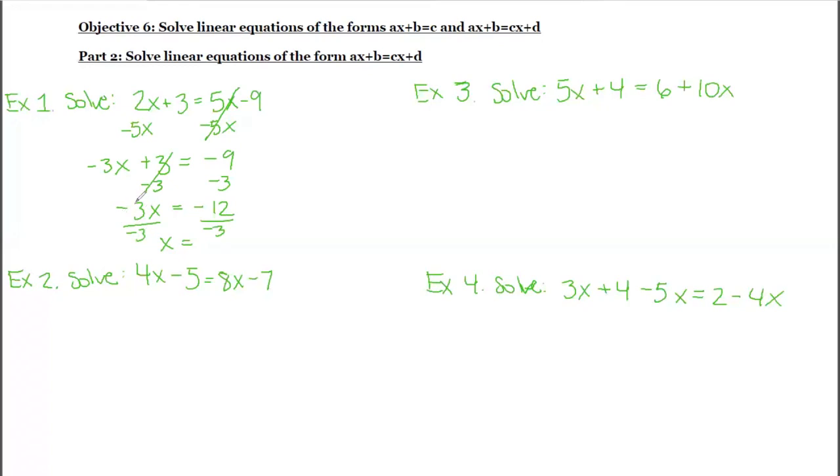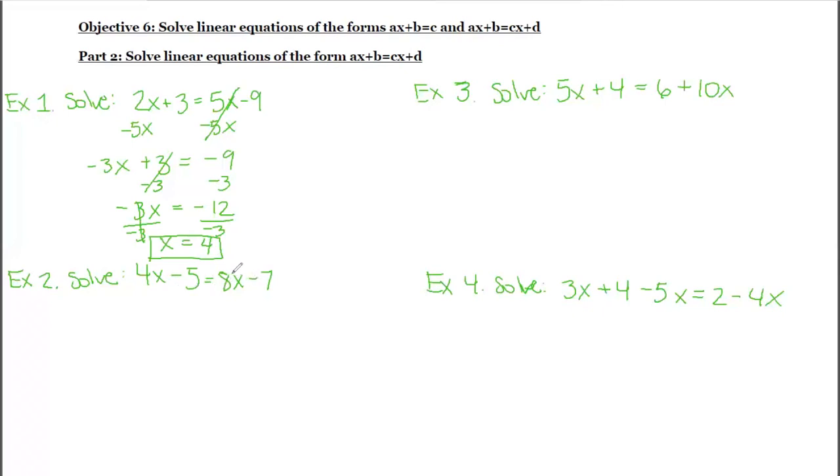Negative 3 divided by negative 3 is 1. Negative 12 divided by negative 3 is positive 4. And boom, x equals 4. Okay? Easy peasy. So with these, you want to make sure that each side is simplified, meaning you don't have